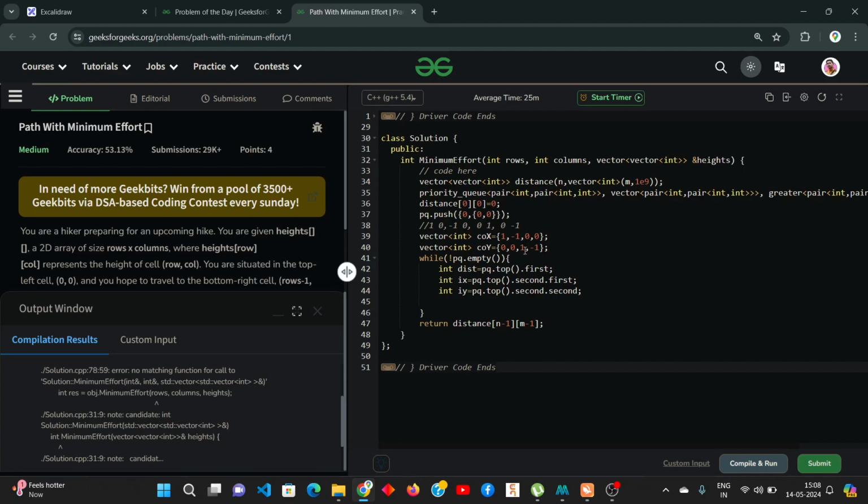So now we have the previous node position and the distance also. So now we have to pop the node, pq dot pop,